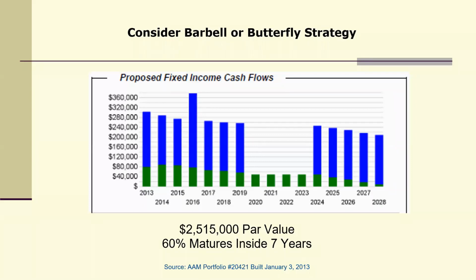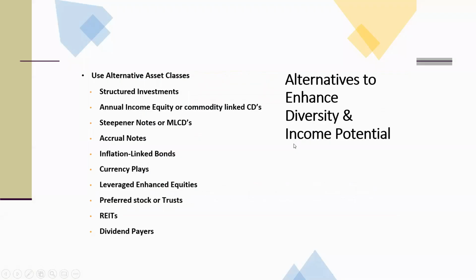What they will do here is buy a certain group of bonds that would perhaps be shorter in maturity. They're going to skip several years and then buy longer maturity bonds out here. So 60% of this particular portfolio is going to be inside of 7 years, but then they have these much longer maturities. Why is that? Well, simply because they're waiting for the possibility that in this period, interest rates could have risen. So these shorter term securities, they'll redeem those and then they'll buy in right here. So it's just a way to essentially leapfrog and get a higher